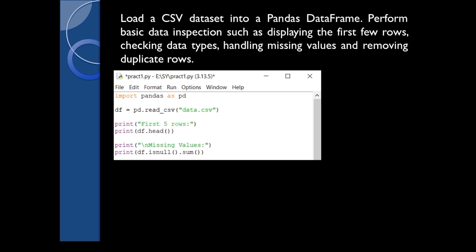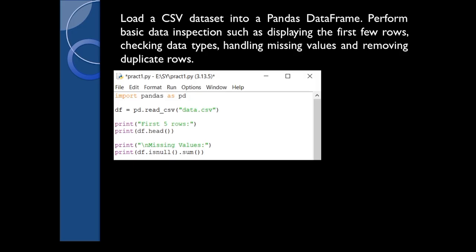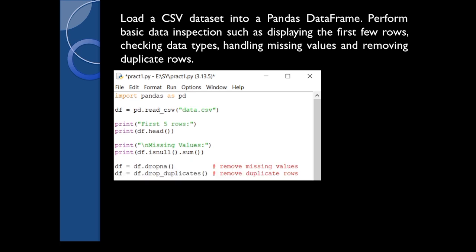This is going to check for missing values in each column and print how many are found in each one. So if you see in the given data, we can find Arjun doesn't have marks and Aman doesn't have age. So from the given data, it's going to check how many missing values there are and how much is found. So the record will be displayed in your output.